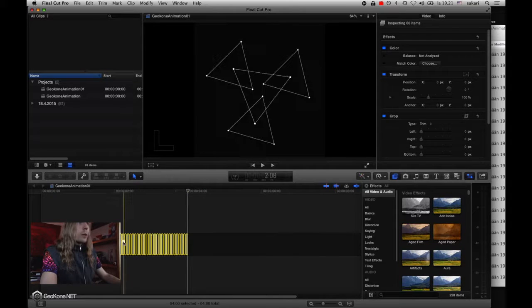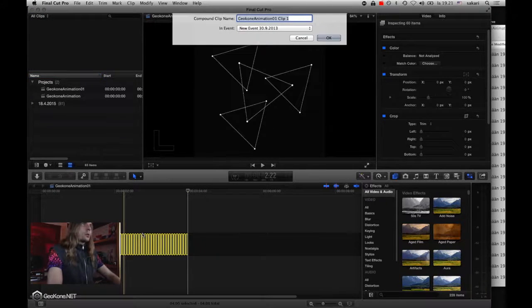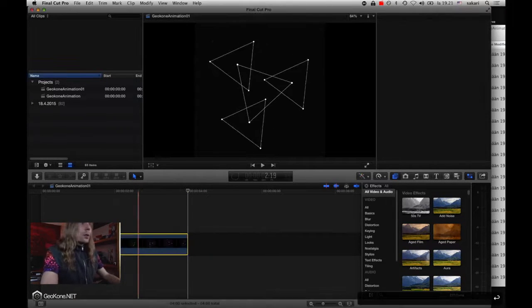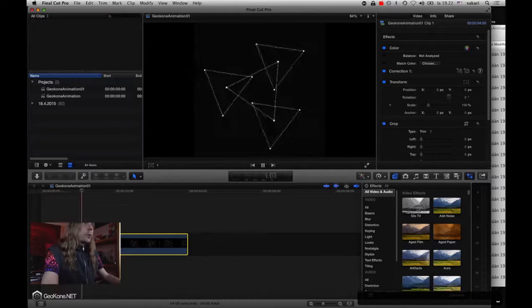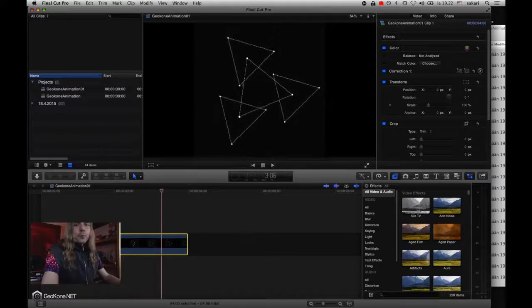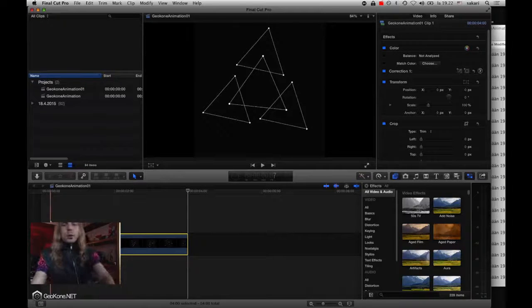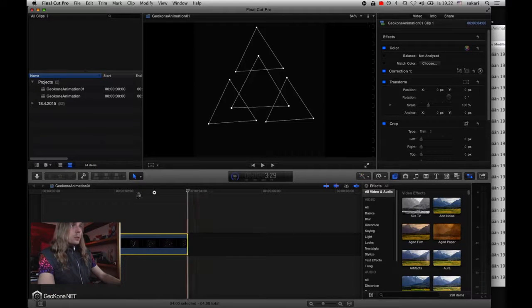And now we can combine this to a compound clip. Let's do that, that's good. And now here we have a nice animation in Final Cut Pro. Of course you can do this in Photoshop if you want to do GIF animation, or you can do it in any Windows Movie Maker if you really want to see that blue background and that boring white text. But anyway,